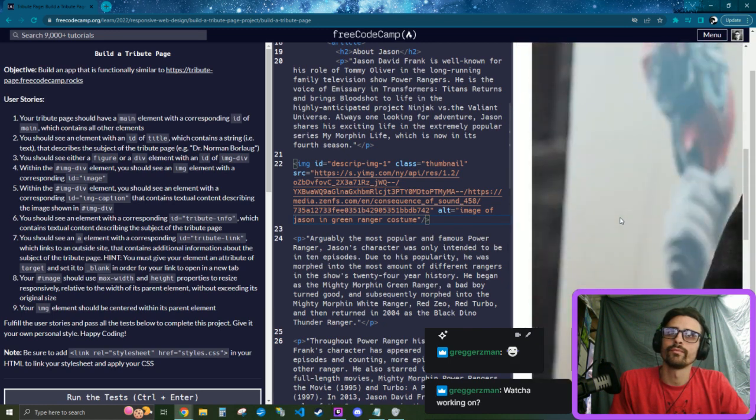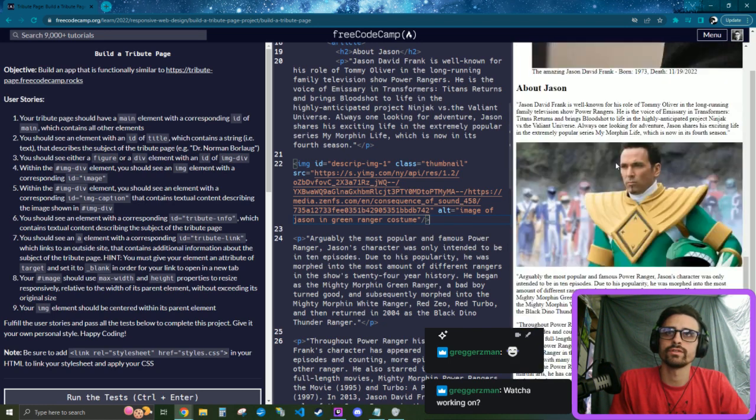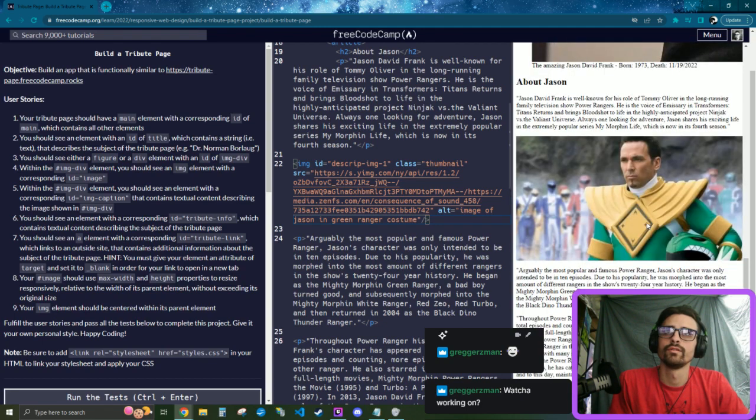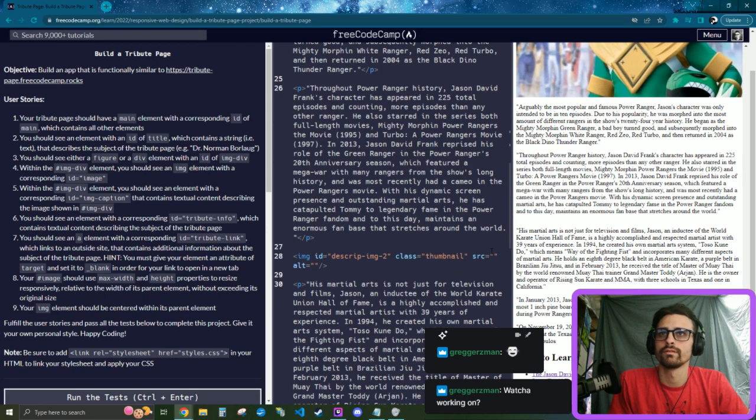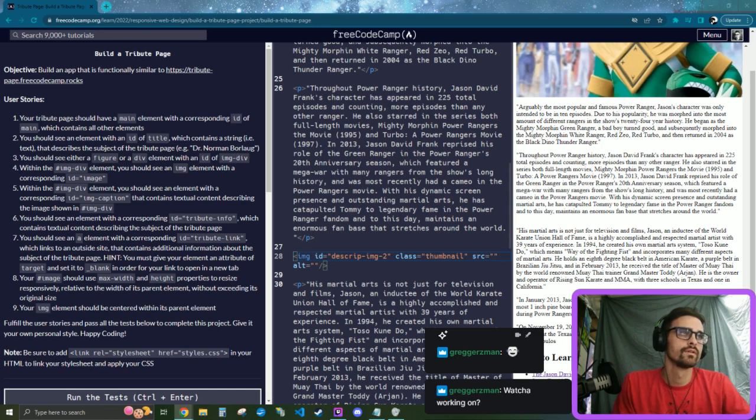So there's one image right there, our head image, and then you have image here, and then we'll put another image right here with address. And then you have